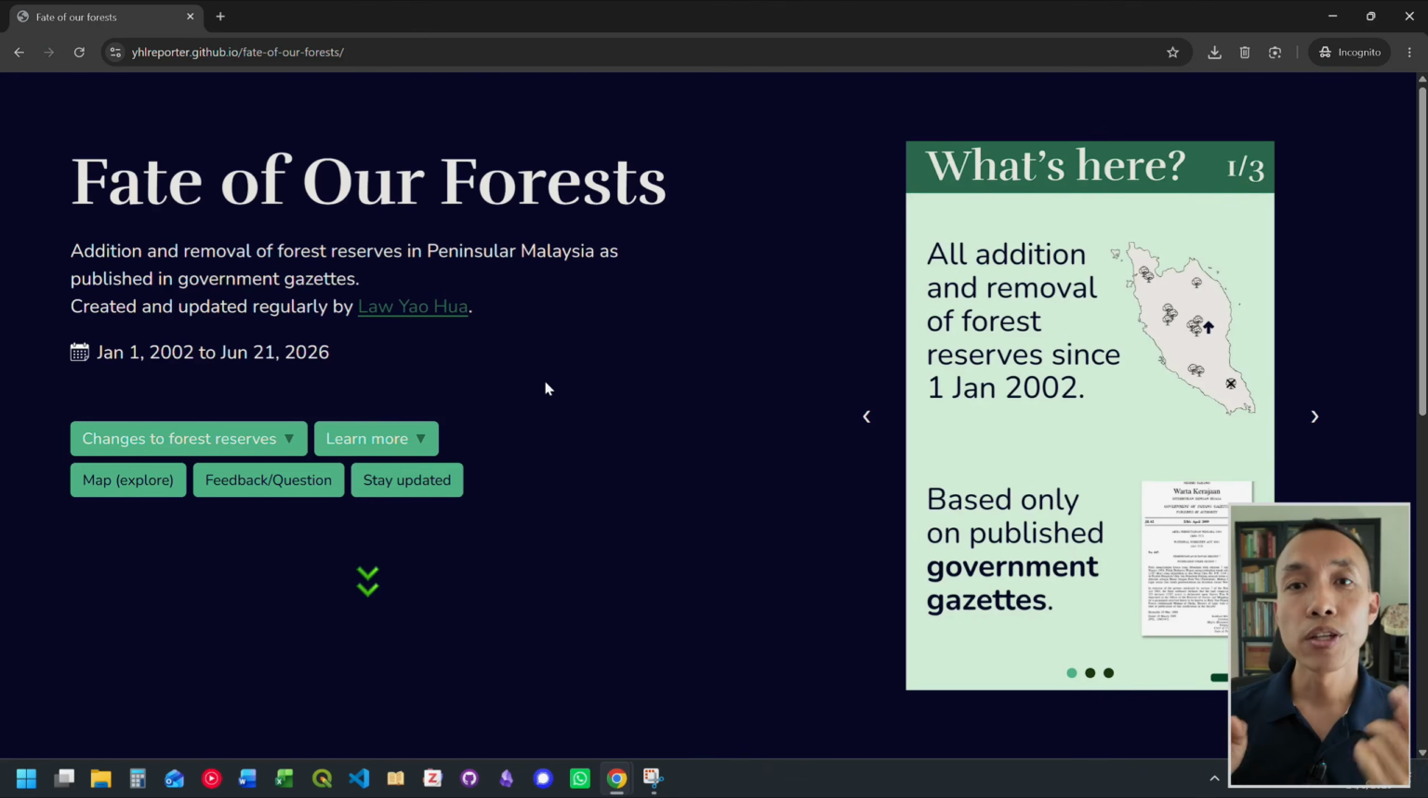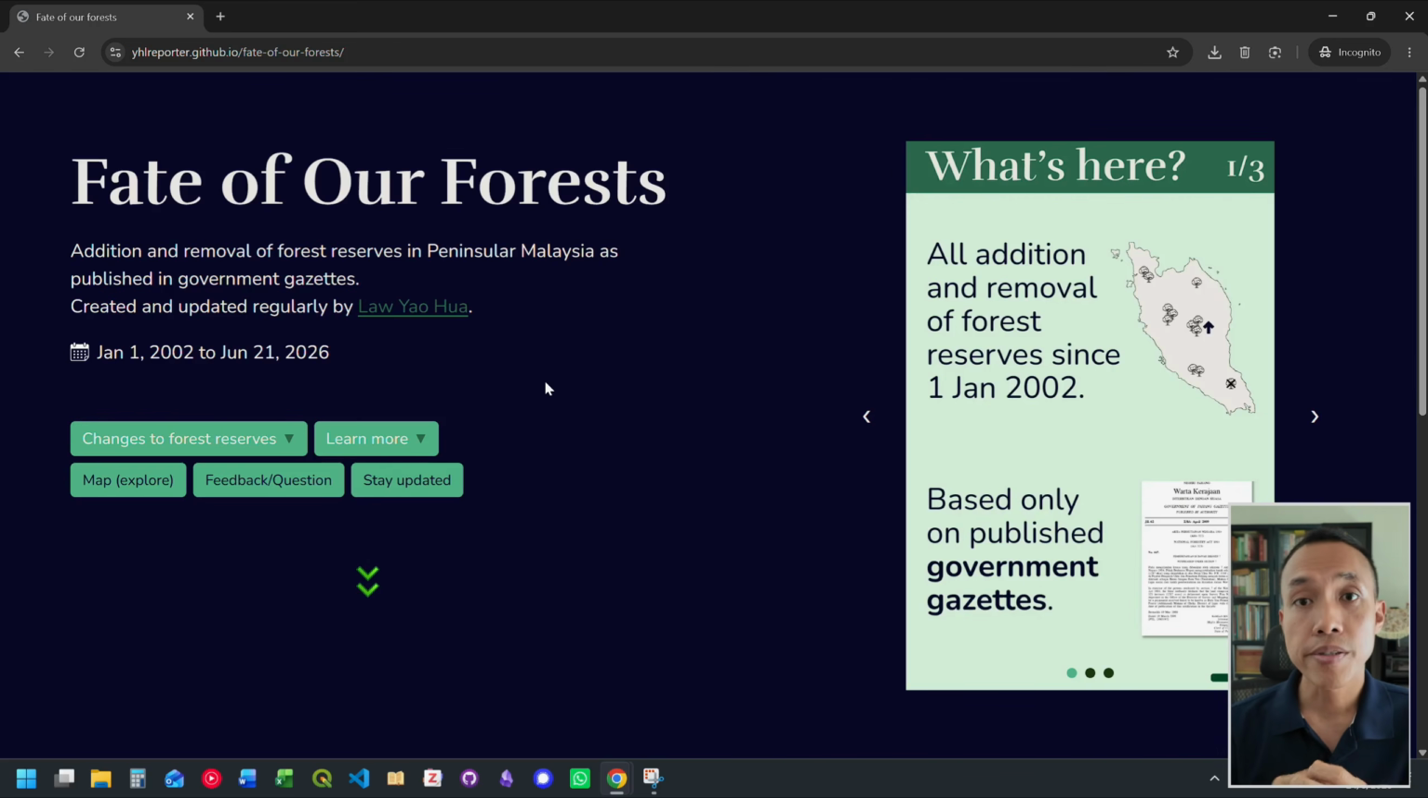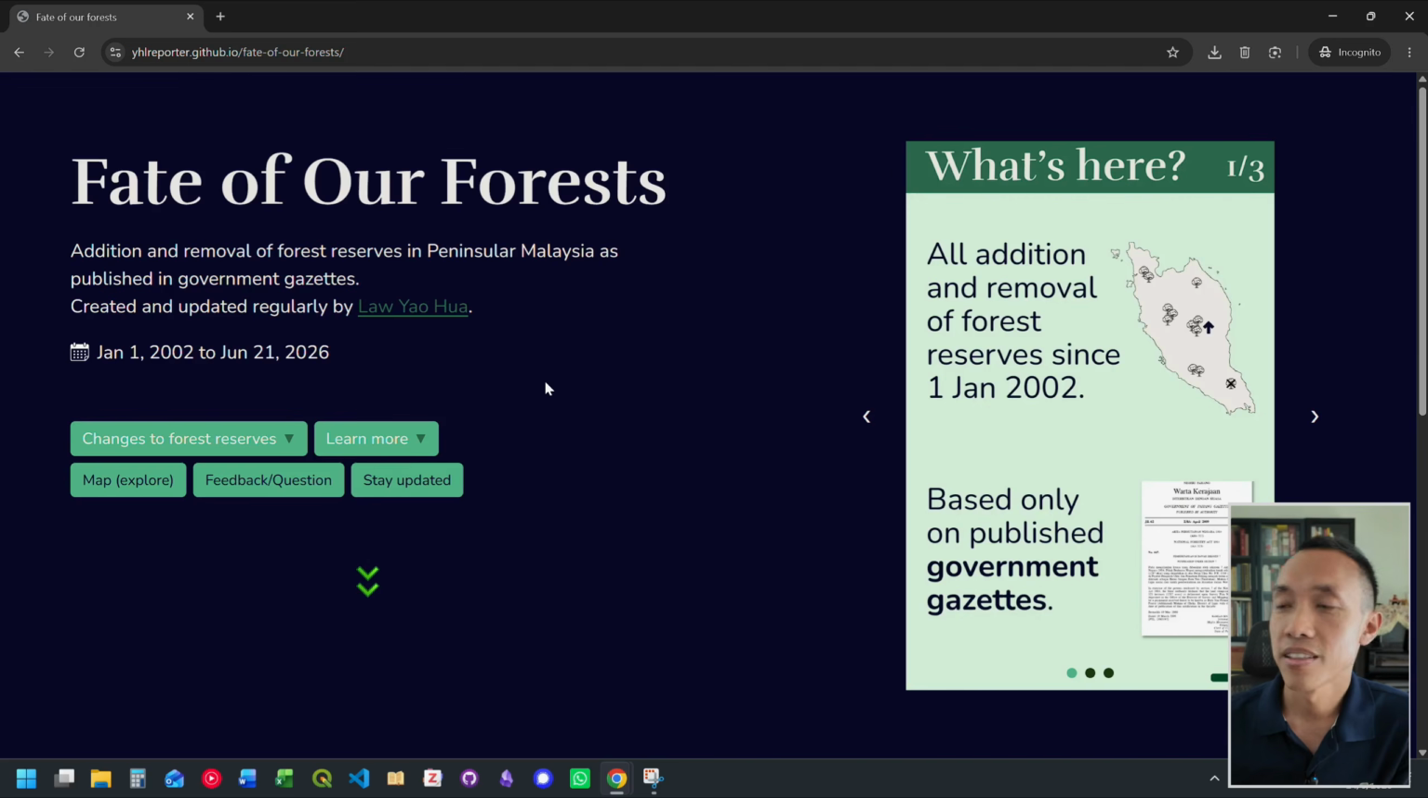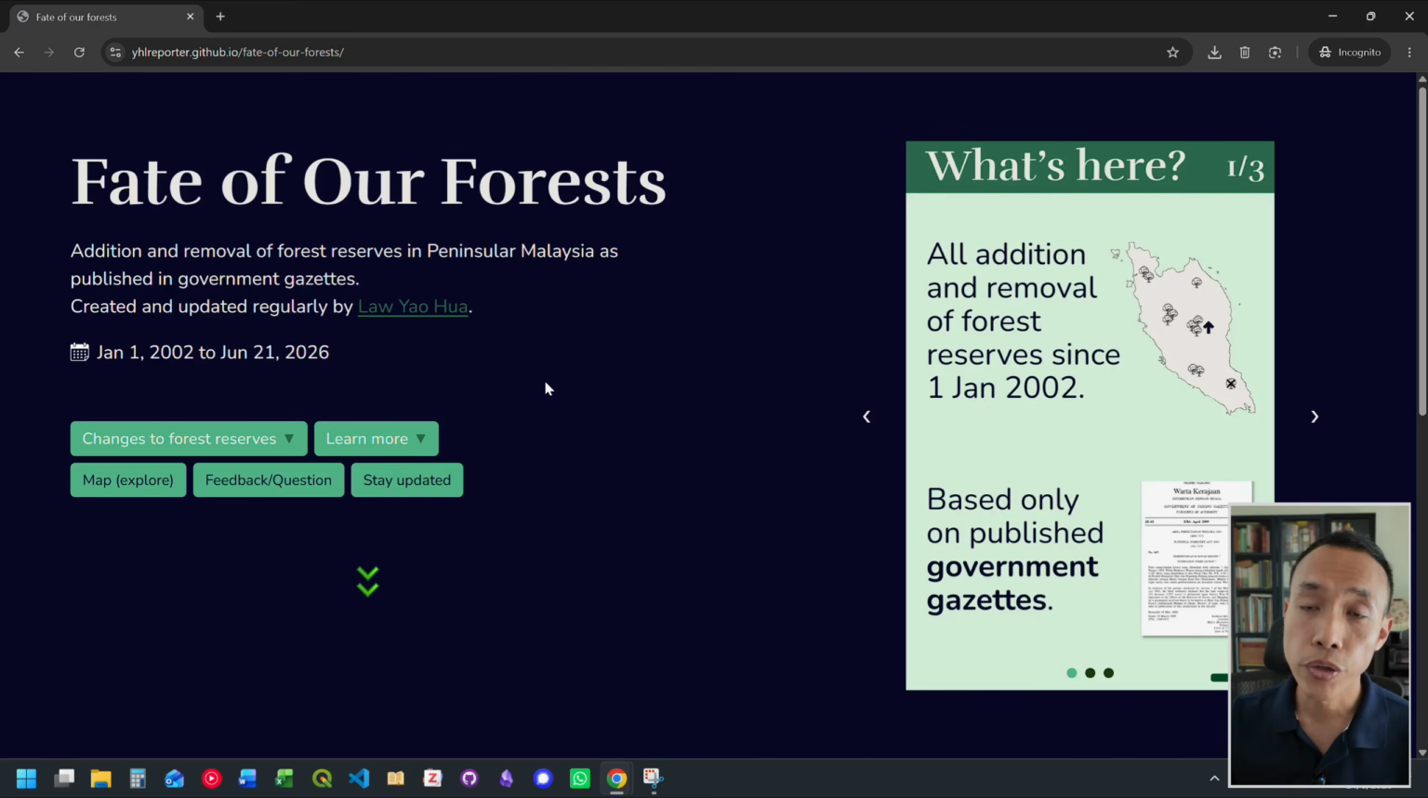All right, so we have looked at the tables of changes to forest reserves, and we have looked at maps of forest reserves that we can explore. So what other goodies can you find on Fate of Our Forest? If you want to know how I put all of this together, the platform, the data set, how I analyze it, how I clean it, and knowing that will also help you better understand how to use the data or how not to use the data,